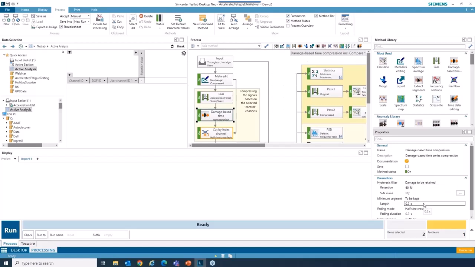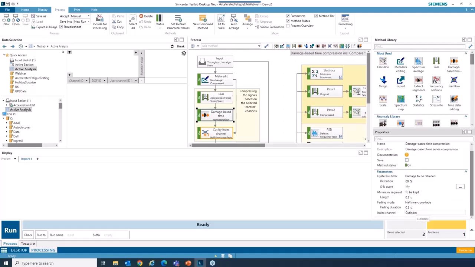When we remove some time blocks because they are low damaging events, we need a way to combine the different times to compress them. It uses good techniques for that, using a fading technique so that there are no abrupt changes in the time history. And that is important because abrupt changes or discontinuities can excite a broad range of frequencies, which is undesirable. So if we make this about 60%, I can run this again.